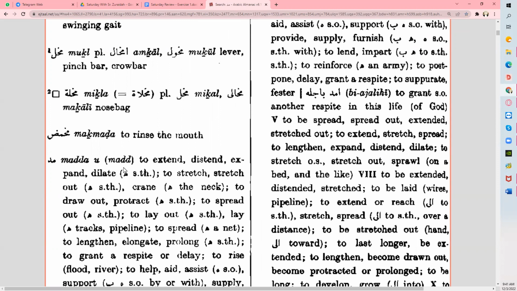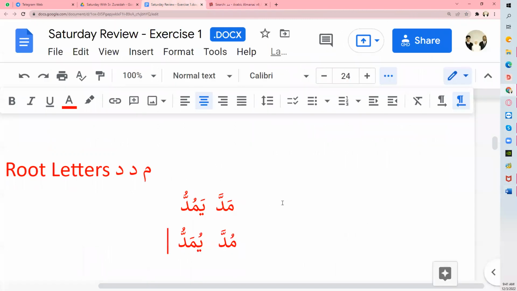Mad, you think is the madd, to extend, elongated, the letter mad, right? To extend or make elongated. Just like in our tajweed, that sort of mad. Now, actually, our masdar here is mamdud. Just now, the dictionary did not really put it there. So it's actually mamdud.